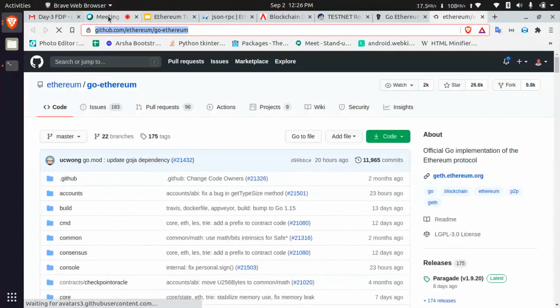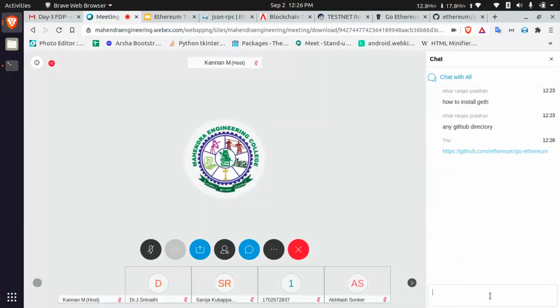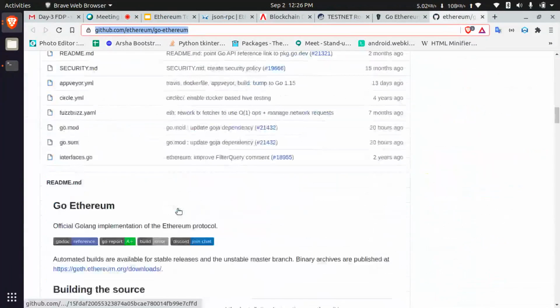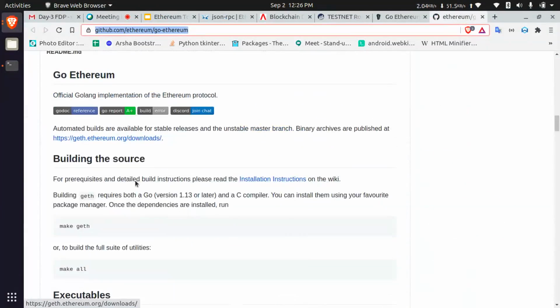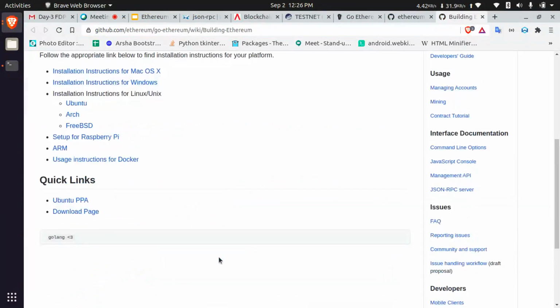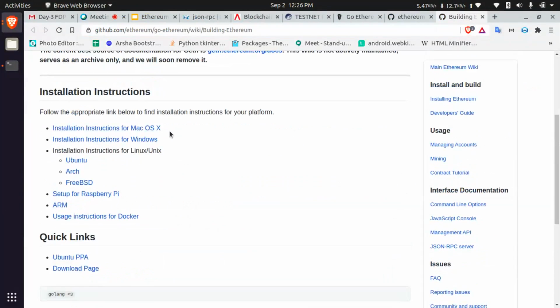This is the GitHub URL. Just go to this page and then there are the install instructions. For Linux and for Windows, they are giving different things.